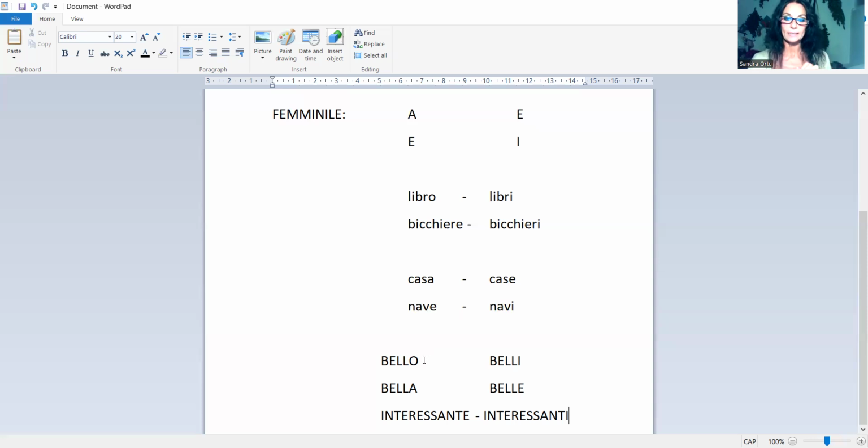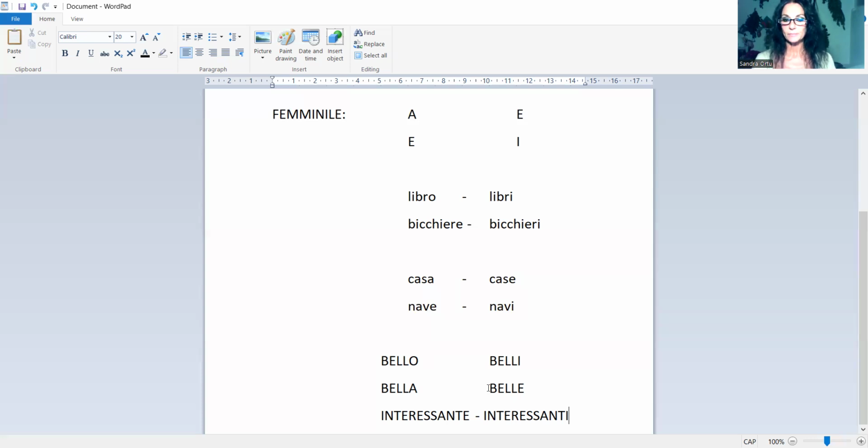If masculine plural, it will become belli. If feminine singular, it will be bella. And if feminine plural, it will be belle.